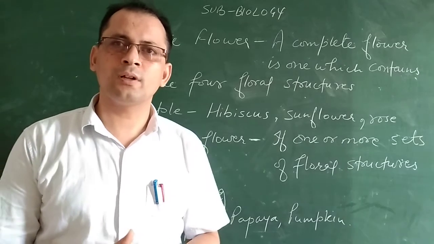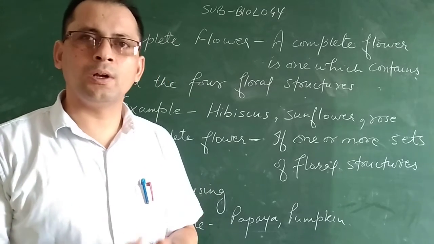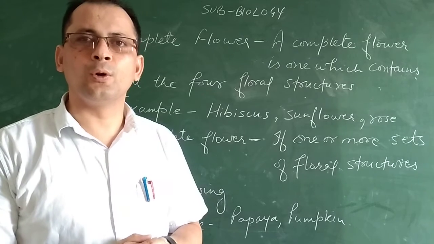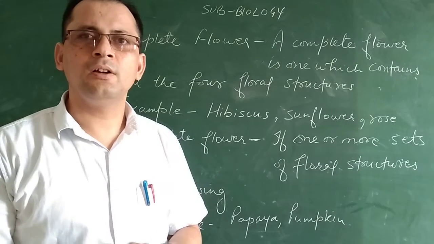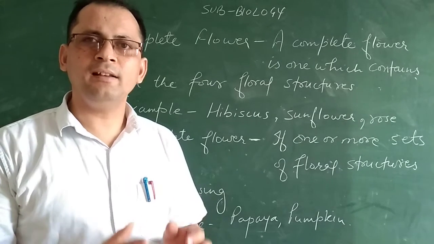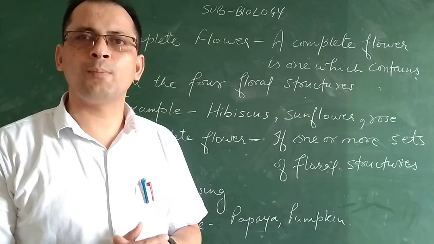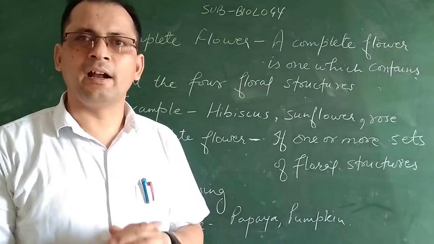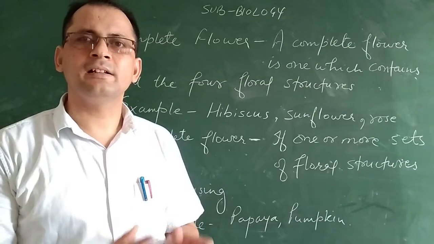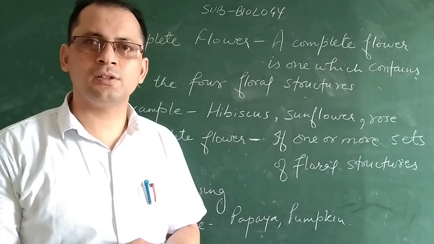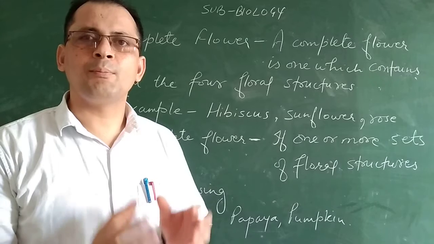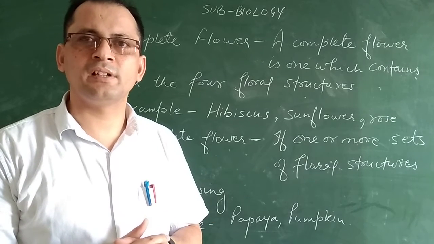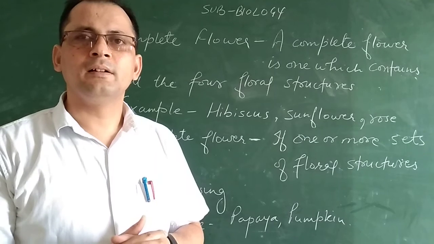Now what are the four floral structures? Calyx, corolla, androecium and gynoecium. These are the four floral structures which are present in the flowers. So when in a flower all these four parts are present, that is calyx, corolla, androecium and gynoecium. Calyx is sepals, the green leaf-like structure. Corolla is petals, the colored floral parts which are present in the flower, and androecium, that